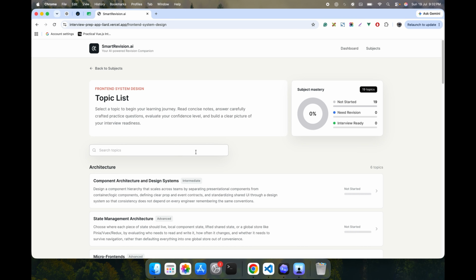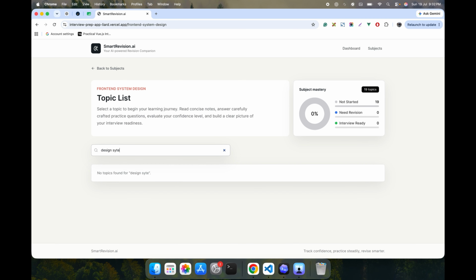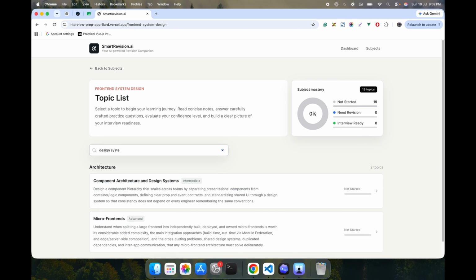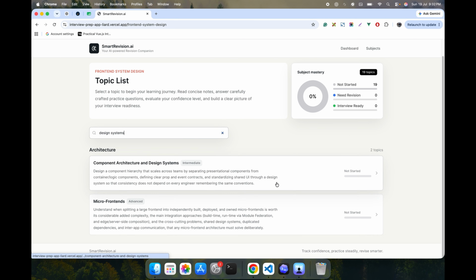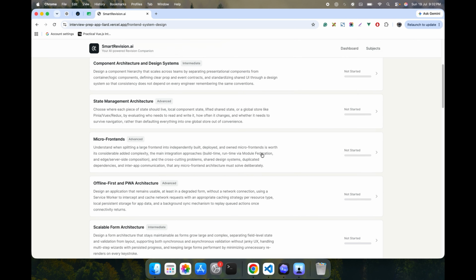In that you can also search any topic by the title or a string which is somewhere in between the description. So for example, if I type, it will show the topics which contain the design systems, and if I clear that, it will again show all